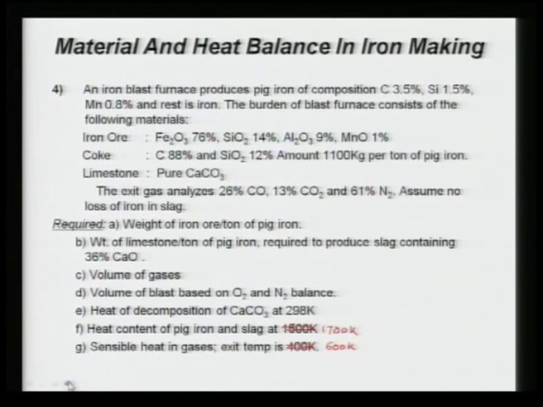Coke composition is given, 88% carbon and 12% SiO2. The amount is also given, which is 1100 kg per ton, and limestone is calcium carbonate. The analysis of exit gas is given. Assume no loss of iron in slag. Required: weight of iron ore per ton of pig iron, weight of limestone, volume of gases, volume of blast, and